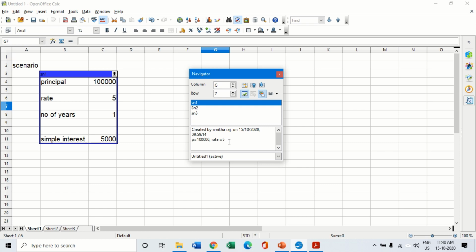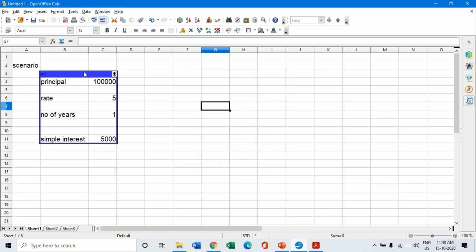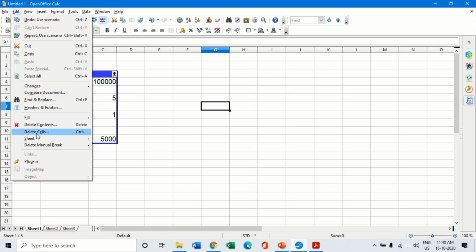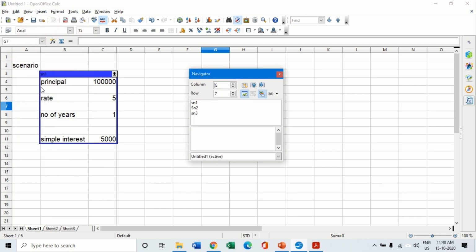So any changes which I want, I can do only through my edit navigator option. Once again I'll show you. You can click on view, navigator. Now in the navigator, this is my scenarios button. Here I click on this. I click on the third option and double click on it. I want to make some change, so I'm going to write down the rate as 4 and I'm going to add one more line as number of years is, let's take 2. So I have added these few things.